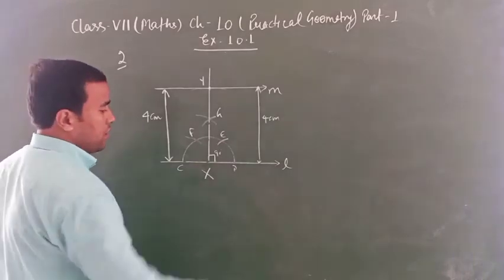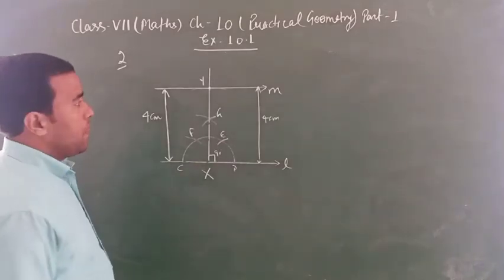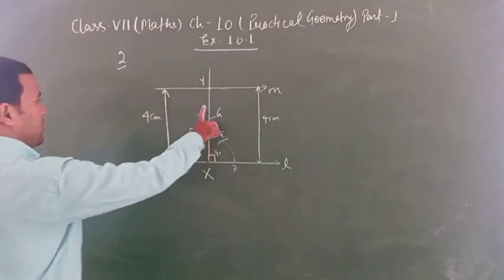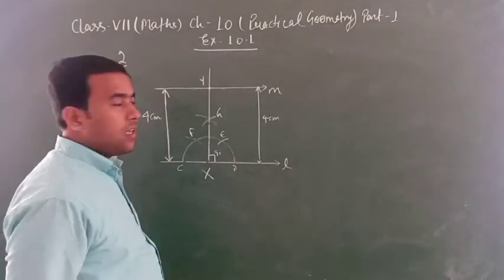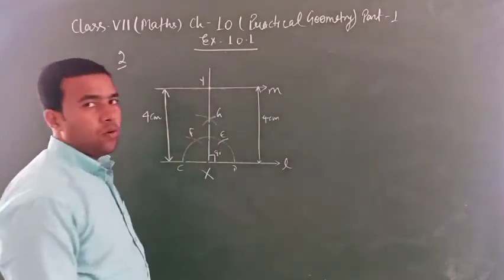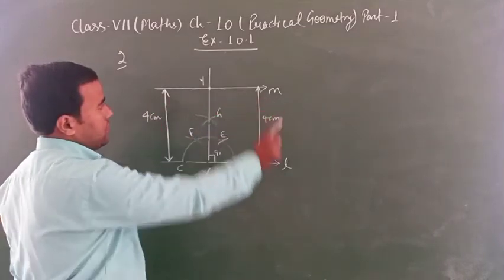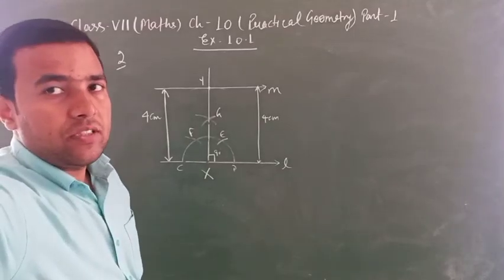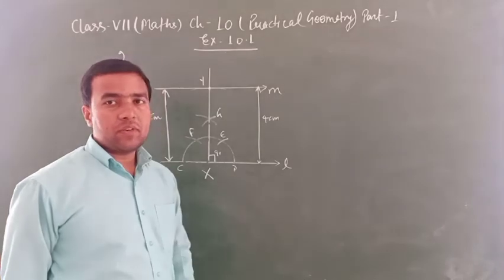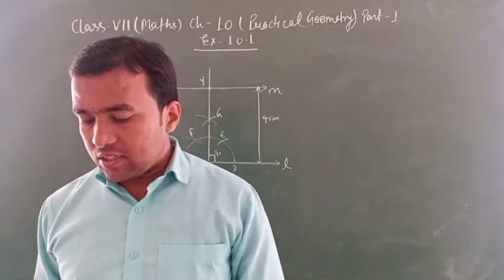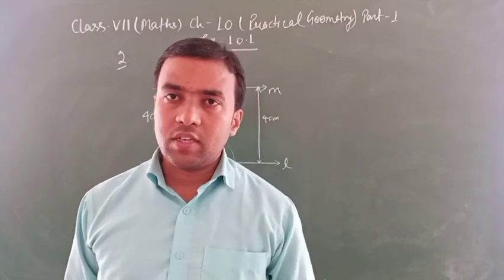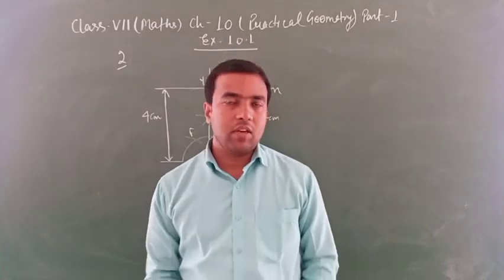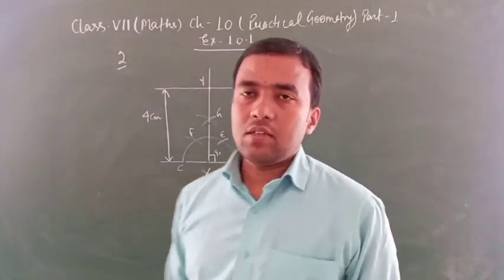Clear? Then the question is telling you to make a point away from L by 4 centimeter. The 4 centimeter distance we have taken from the scale, make a point Y and join M. Clear? So that is complete. Okay, the steps of construction you can write. So this exercise is complete, exercise 10.1 and exercise 17. Next, 10.2 exercise I will explain in the next video. Okay, thank you students.